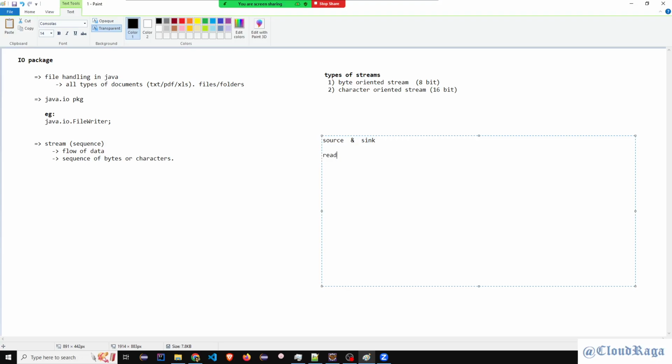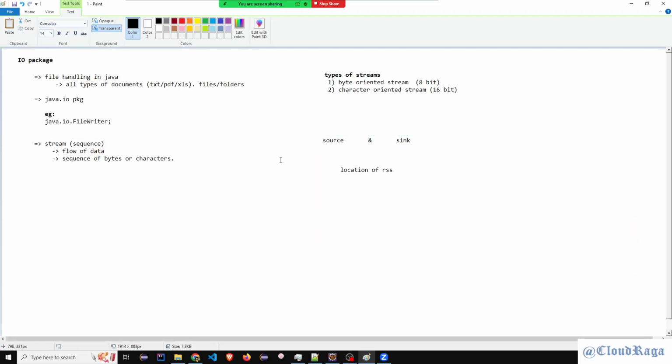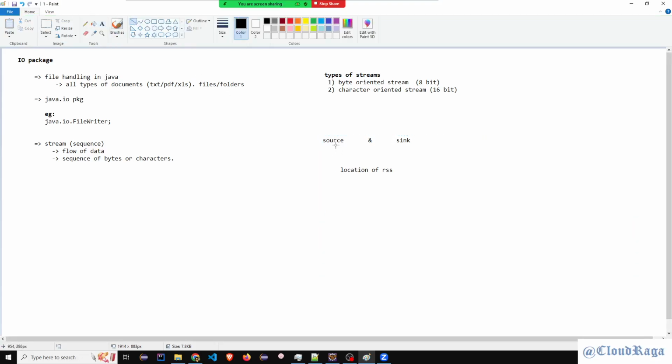It could be the location of a resource, combinedly we can say location of resource, either source or sink. Source is the initiation point from where your request got initiated, and sink is where the data is going. If this is not clear, when I write some example then you will understand it. So these are some terms we will use.